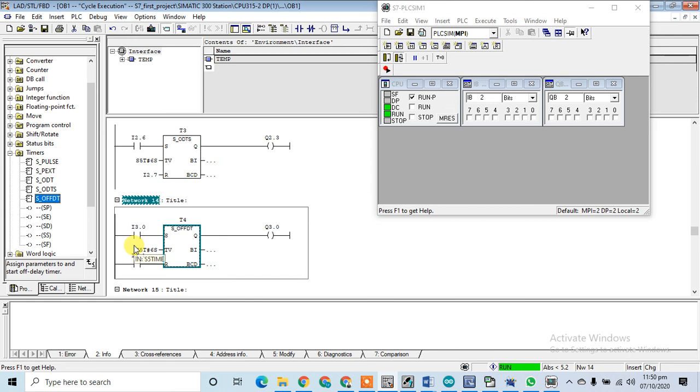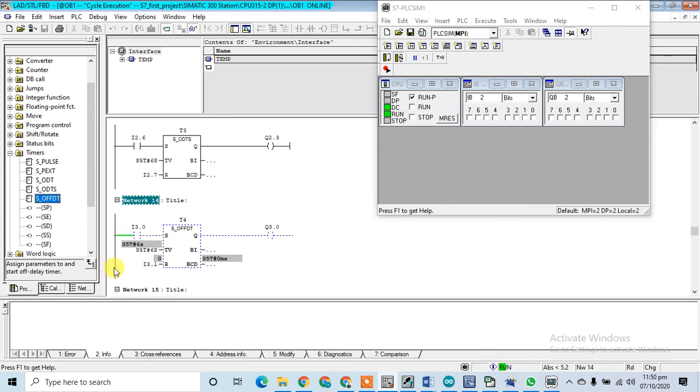So what will happen? If the input is high, the output will be high in the off delay timer, and if the input is off, the timer will start, and after the delay the output will be off. So let's see. I download this project, and this will be my simulation of the project. Now I am using IB3 and QB3. If the input is high, the output is high, and the timer is at rest position.